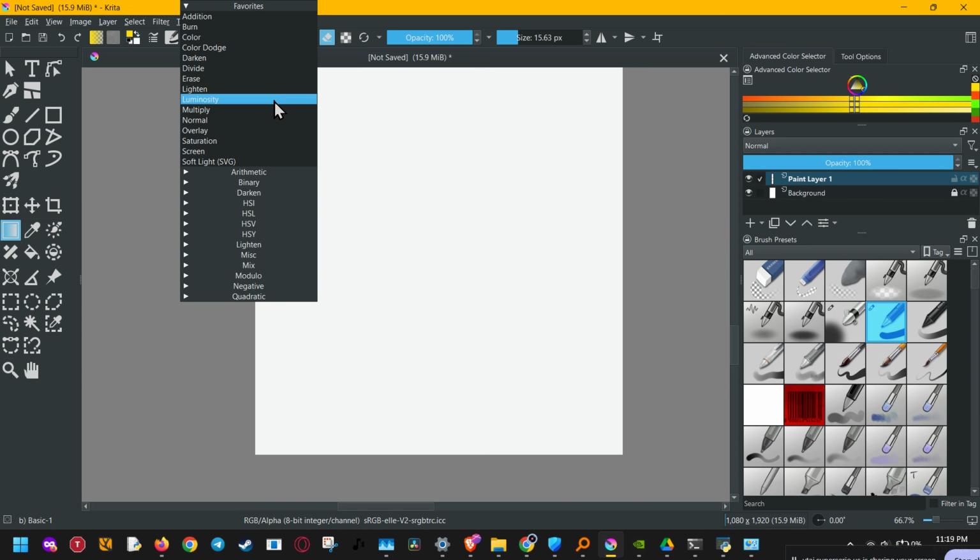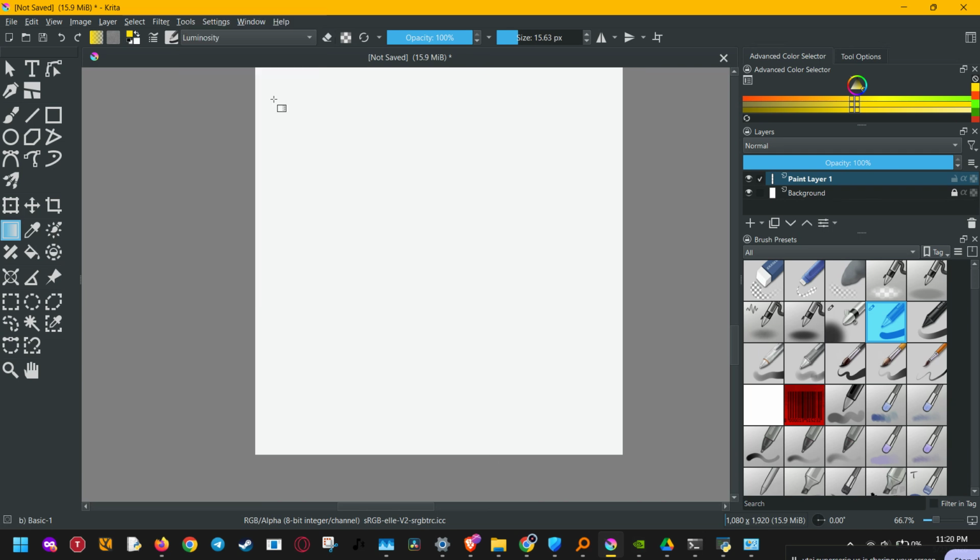So if you want a soft finish, a strong contrast effect, or a more experimental look, this tool is a great place to start. And that's how you change gradient color mixing modes in Krita. Press G to activate the gradient tool, choose your blending mode from the drop-down, and then click and drag to